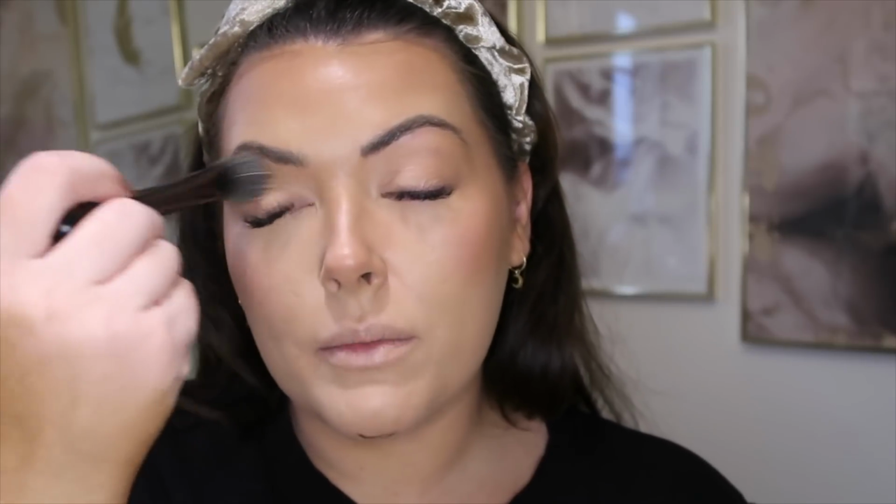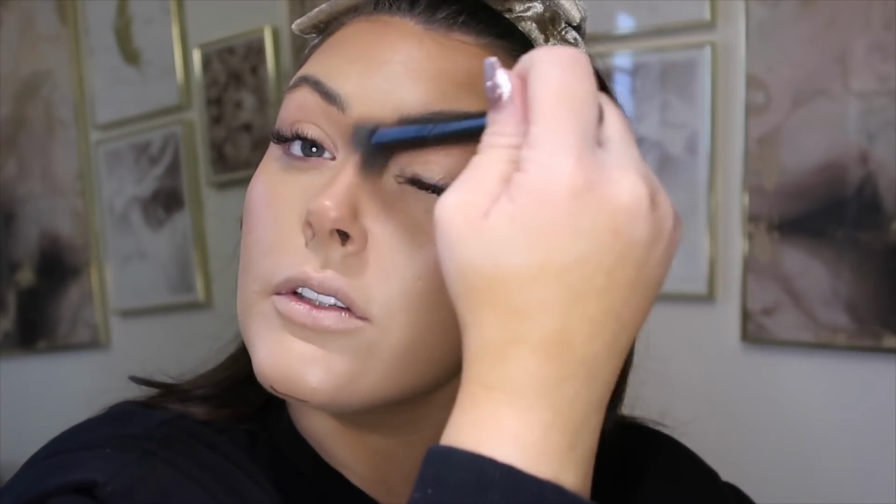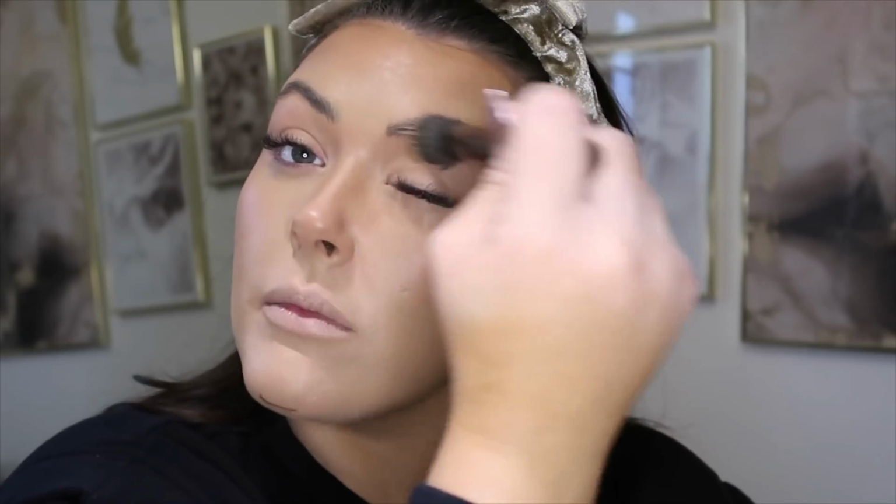And I actually take this brush across my eyelids as well, just because I think contouring right into your bridge of your nose from your eyes, it all connects and looks a little bit more natural, if you can even say that for full coverage. And then under my chin I'm going to just take that back like this, and then I'm going to connect that all around my jawline and try and get rid of all